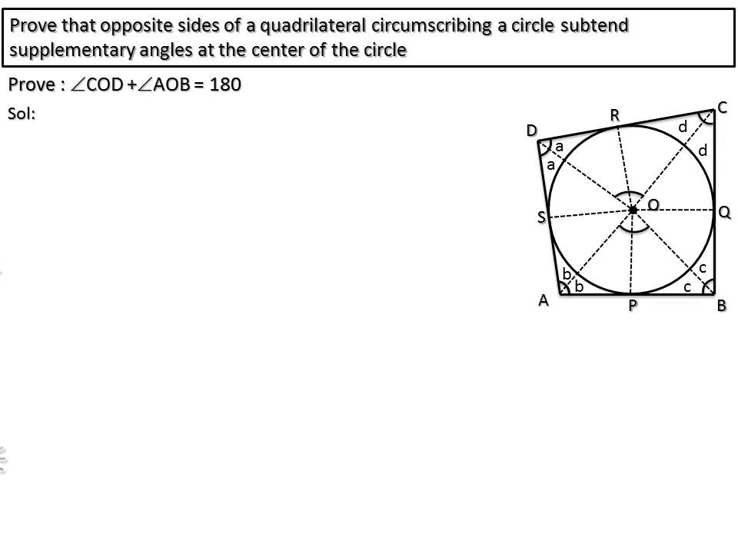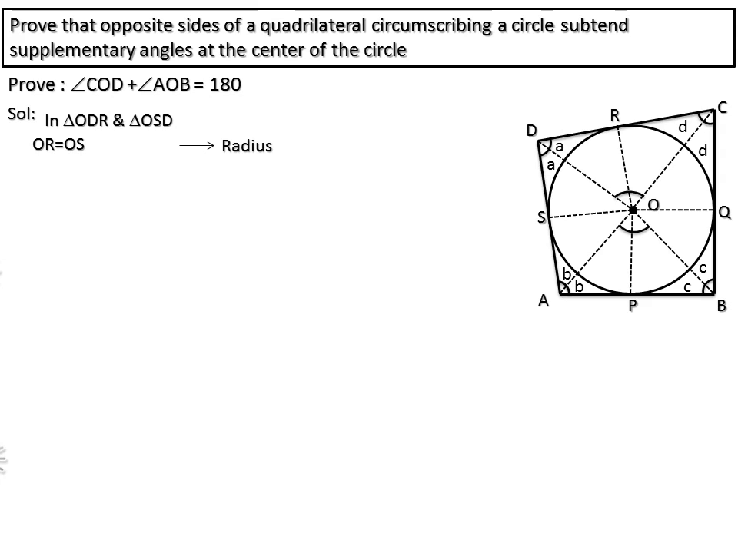Here CD and AB are tangents, and we know tangents are perpendicular to the radius, and the lengths of tangents drawn from an external point to a circle are equal. So in our figure DR equal to DS. Now consider triangle ODR and triangle OSD. Here OR equal to OS